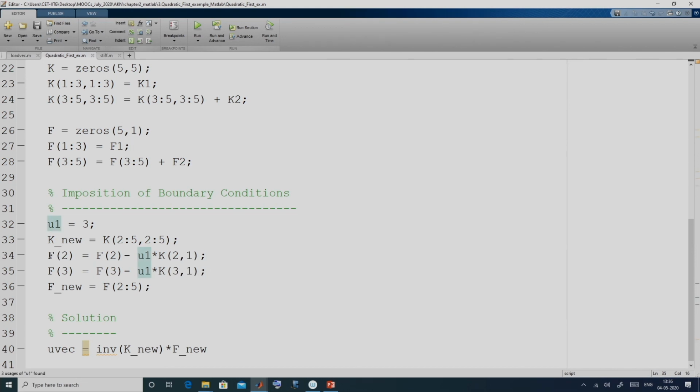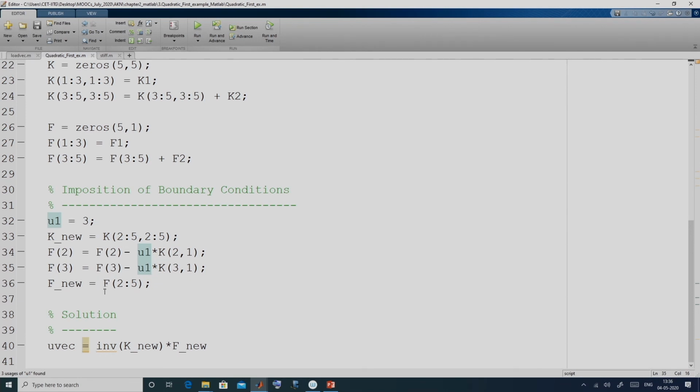This is the F bar at 2 and 3. Now, our new load vector is from 2 to 5, that is the last 4 entries, and we get the solution with the inverse, an inbuilt MATLAB function which does the inversion of the stiffness matrix.